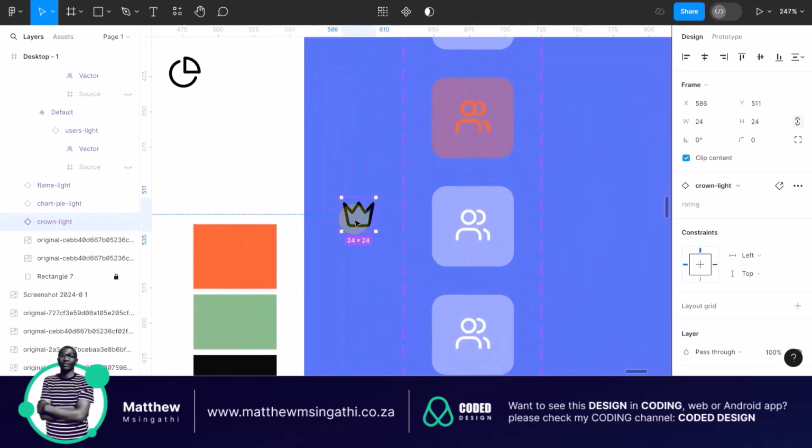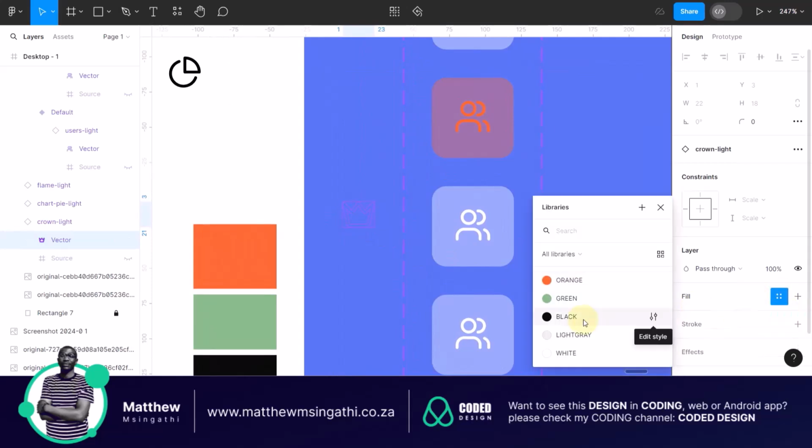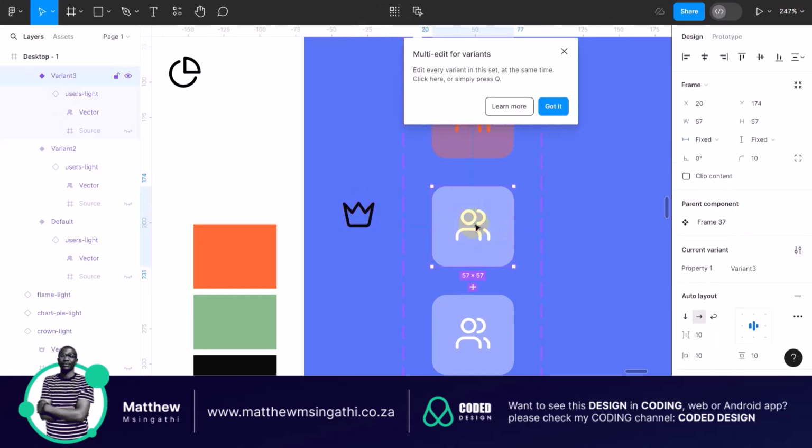Let's check if this black that is here is our own black. As you can see, this is not our own black. Let me remove this, and then let's add our own black. Now we've got our own black as a color, and then we need to substitute this with this. The first thing that we are going to do, for consistency, is look at the